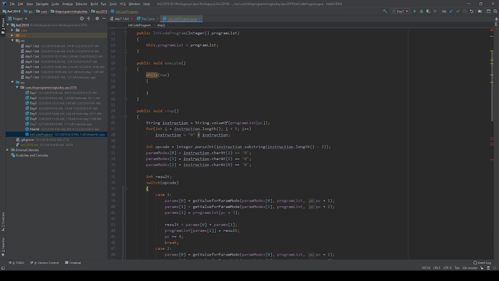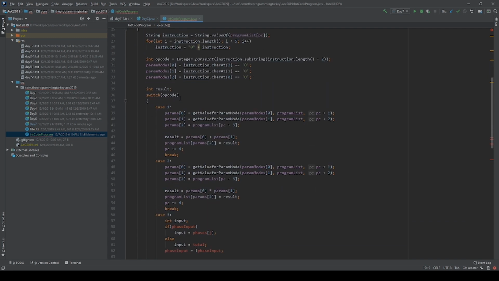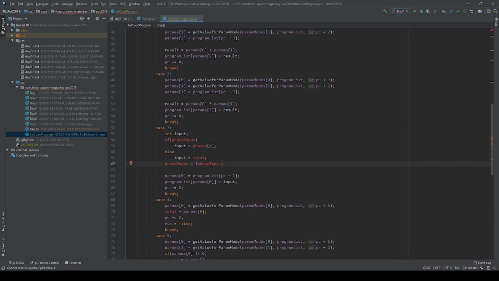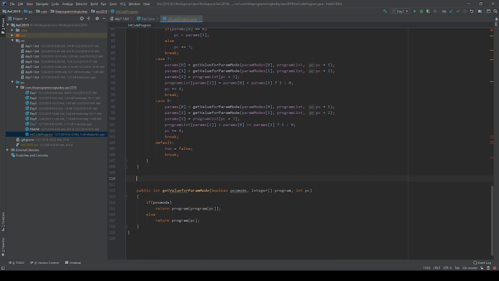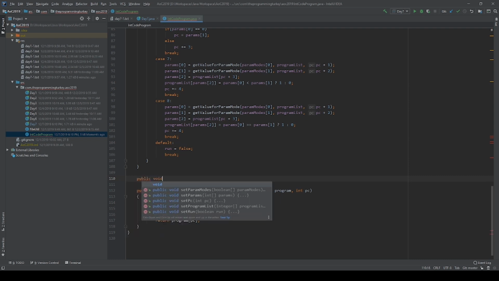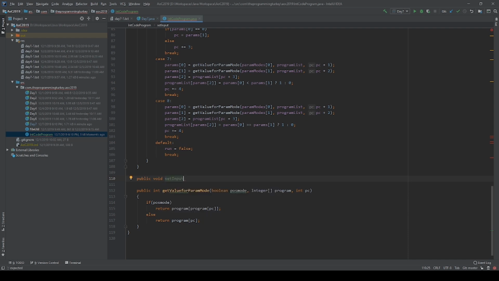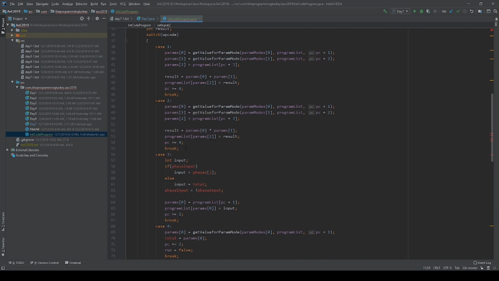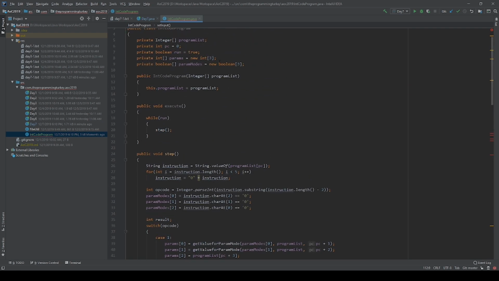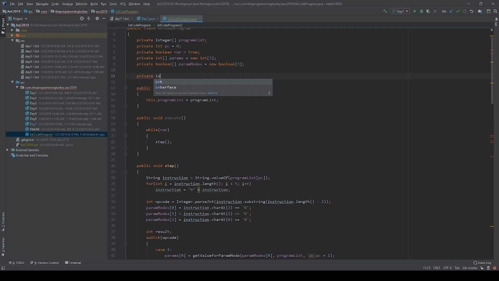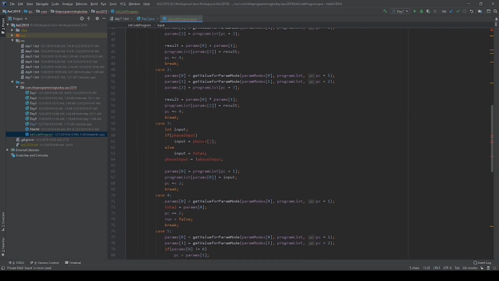And then basically this just calls step. Okay. So now in input, what if we make a method here? So public void set input. Okay. And so we need input to be an integer. So private int input. Okay. All right. So what we're going to do here